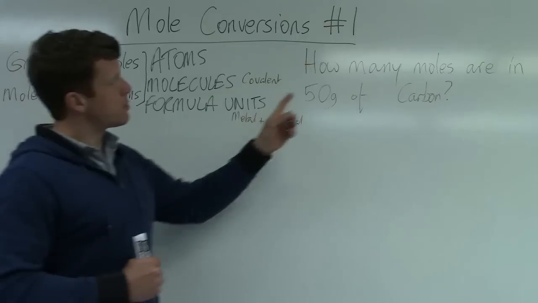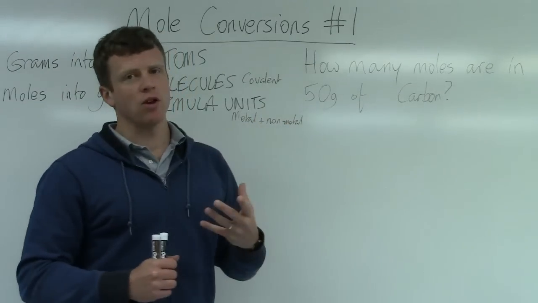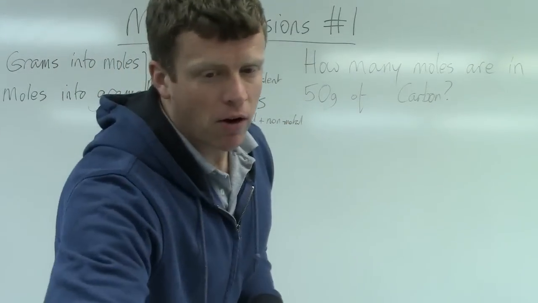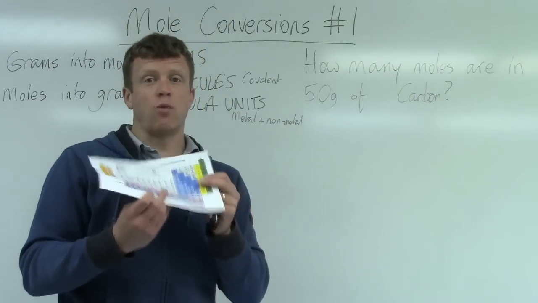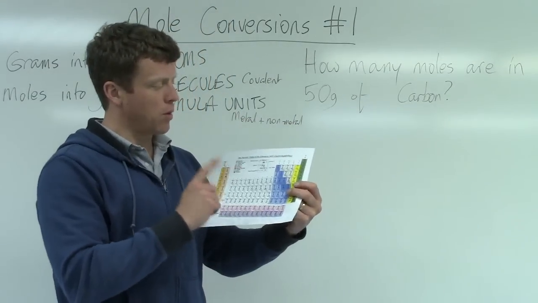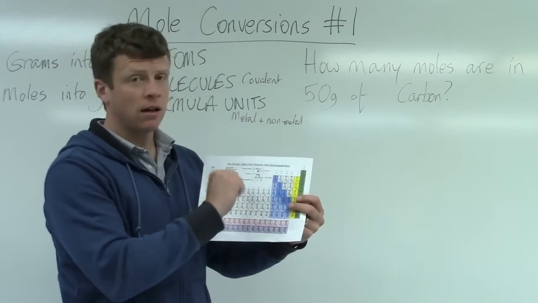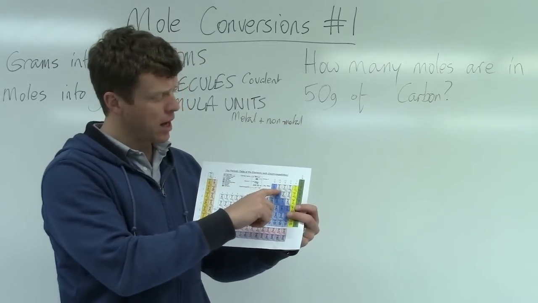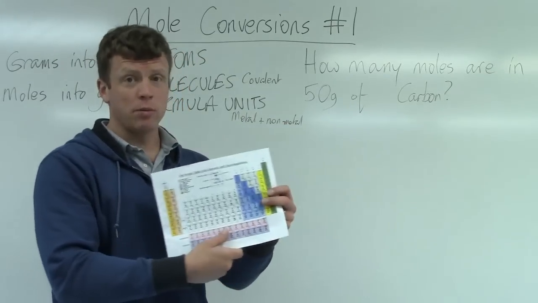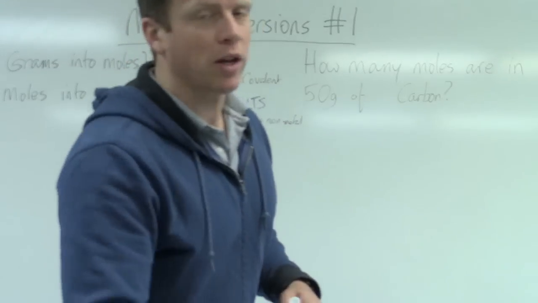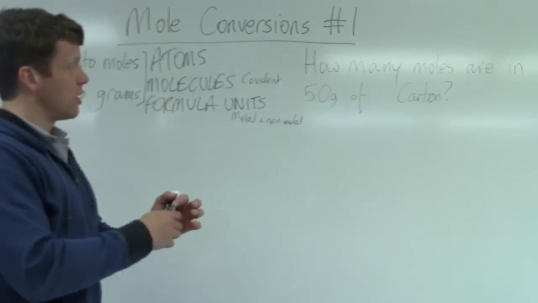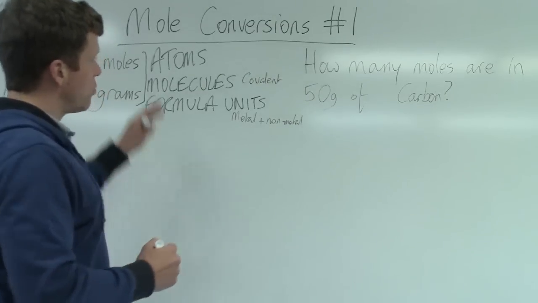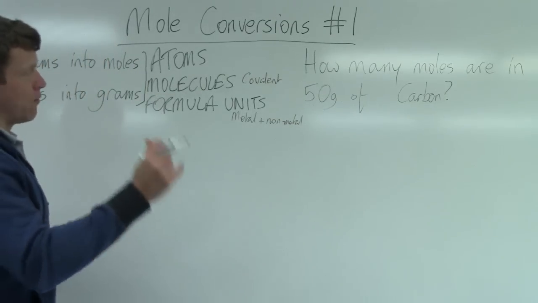So first of all, we've got this problem: how many moles are in 50 grams of carbon? Well, you look on your periodic table and you can instantly find the mass of 1 mole. The mass of 1 mole of carbon would be its atomic mass with the units grams. Nice and simple. So the mass of 1 mole of carbon would be 12.01 grams. So we're going to use dimensional analysis to solve this problem, and we'll use that for every type of conversion